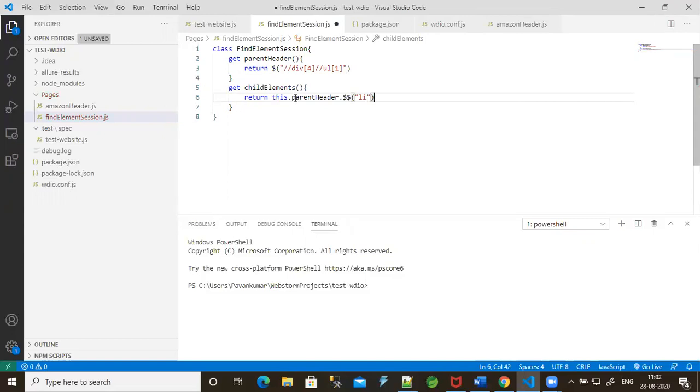By this it is handling all the li tags. Now I'm going to write one more method to call all the list of elements by using the console.log.